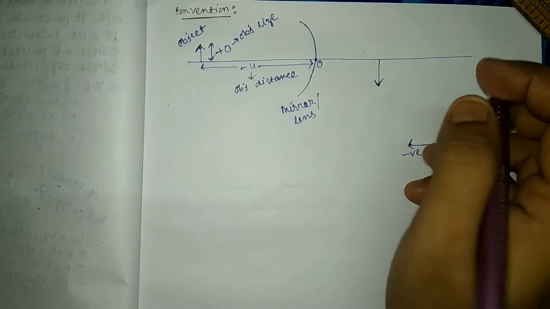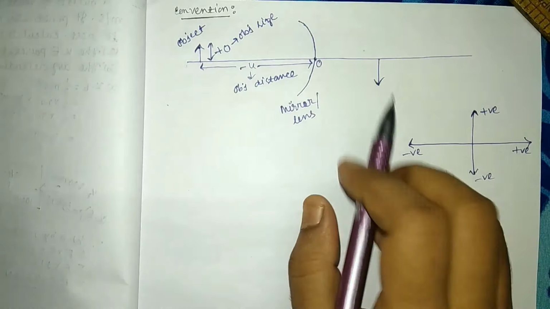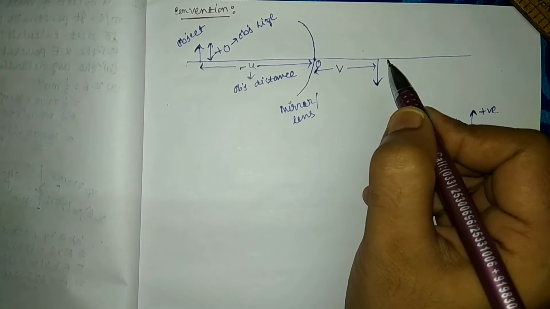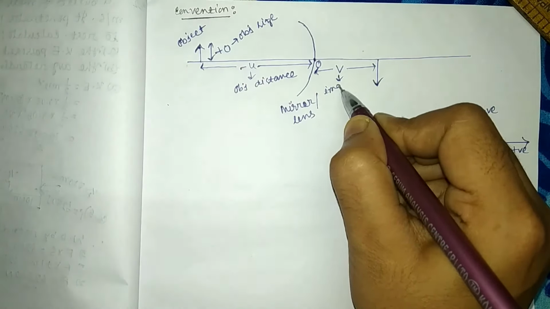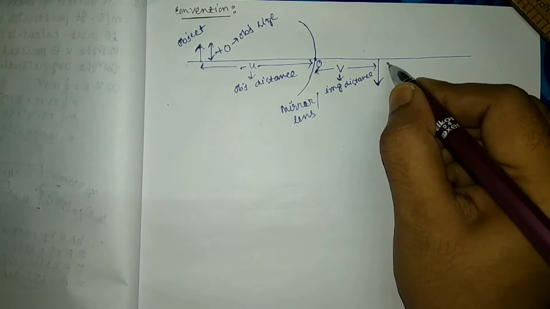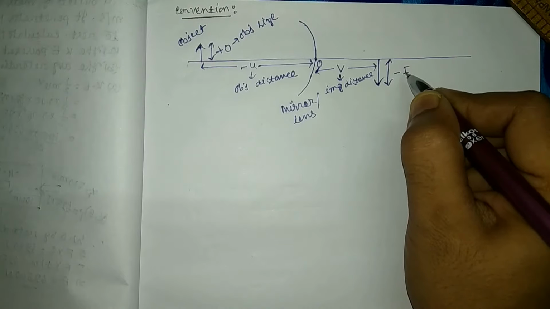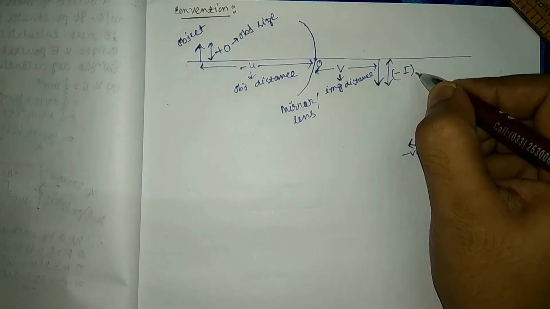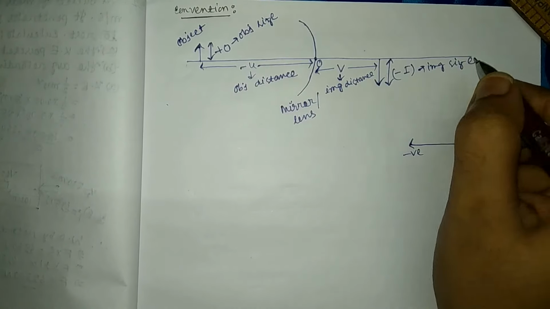on that side. So the image will always be formed on the right side of the O. That's why that distance will always be plus V, where V is image distance, and the height of the image is minus I, because on that side it is negative. That is image size.